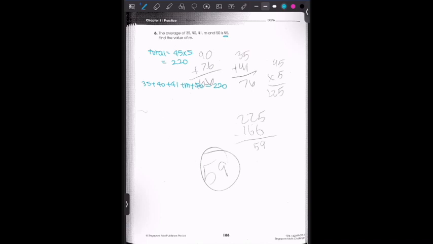And so that is going to equal 75 plus 41 plus 50, which is equal to 116 plus 50. So those are going to be 166. And so 166 plus m is equal to 210. So m is equal to 220 minus 166, which is going to be